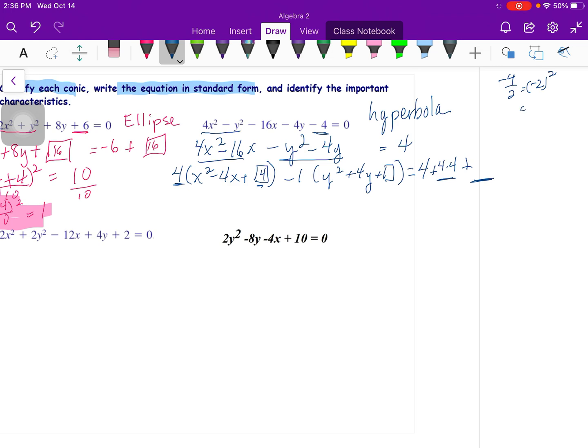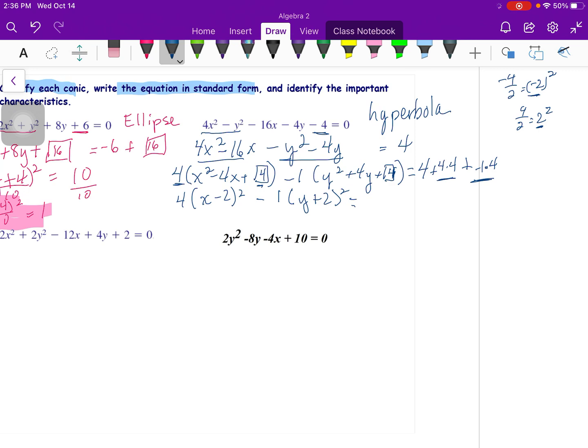On this one, half of my 4 is 2. 2 squared is a 4. But I factored out a negative 1, so this is a negative 1 times 4 on this side. So this is 4. That square is an x minus 2 squared minus 1 times y plus 2 squared